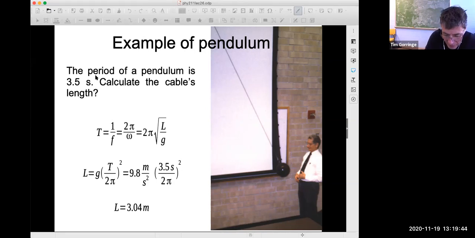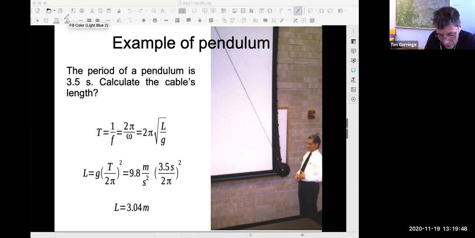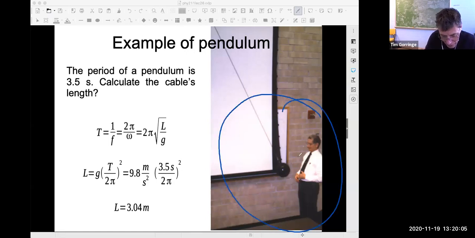That pendulum I made in the large lecture room in chemistry physics, I measured its period, it was 3.5 seconds. That's the period for one complete oscillation from the left to the right and back to the left again. So here I am back in chemistry physics. This is a younger me. And I'm watching these oscillations, and I measured it to be 3.5 seconds. Question is, can we figure out the length of the string?